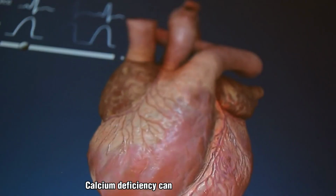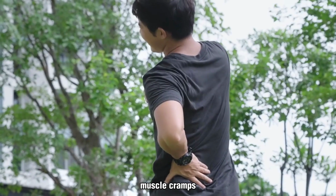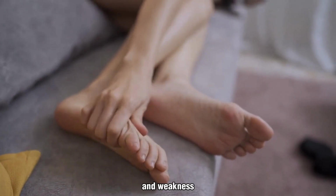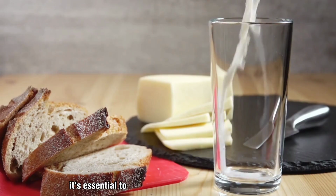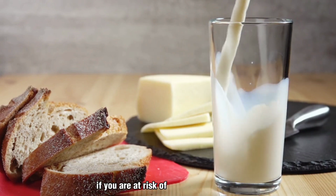Calcium deficiency can lead to various signs and symptoms that can affect your overall health. Muscle cramps, brittle nails, tooth decay, osteoporosis, numbness and tingling, fatigue and weakness, and an irregular heartbeat are all signs of calcium deficiency that you need to be aware of. It's essential to consume enough calcium in your diet or consider taking supplements if you are at risk of calcium